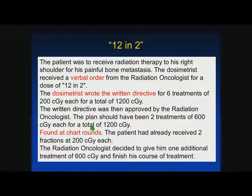Patient was to receive, and this is basically mostly cut and pasted from the narrative, and this is a good narrative. This is a really helpful narrative. Patient was to receive radiation therapy to his right shoulder for painful bone metastasis. The dosimetrist received a verbal order from the radiation oncologist for a dose of 12 and 2. Now I'm going to do my best George Sorrells impersonation, which involves an intake of breath and a roll of the eyes, okay? Received a verbal order,